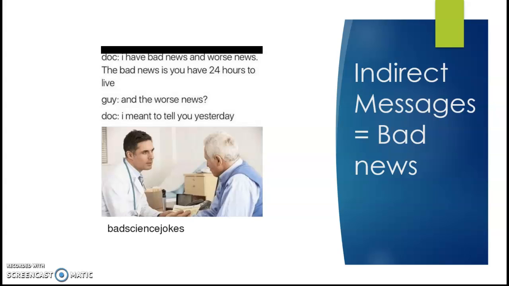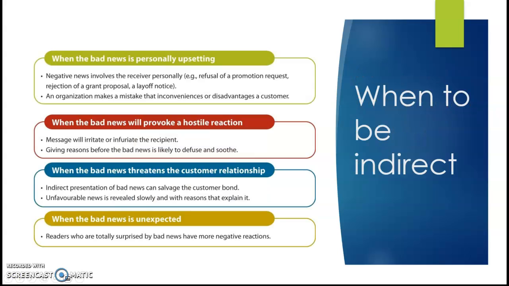So again, we use an indirect strategy when we know that the reader is going to be frustrated, upset, inconvenienced. Okay, so when specifically do we want to be indirect or use BIL in the workplace? When the bad news is personally upsetting. If we understand that our words are going to have a negative impact on someone, if it's going to upset them, we use BIL. This might be a promotion that was not received, earning compensation that was reduced, a reduction in force, changes to your current role. When we know it'll be personally upsetting, we want to use an indirect strategy.